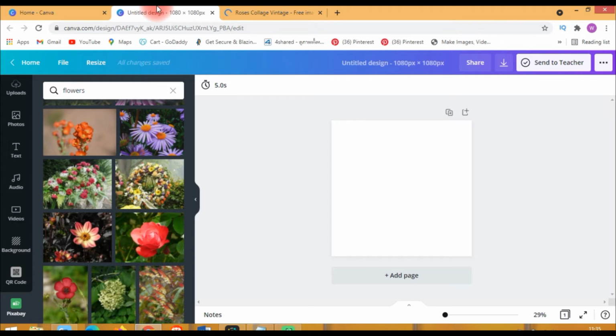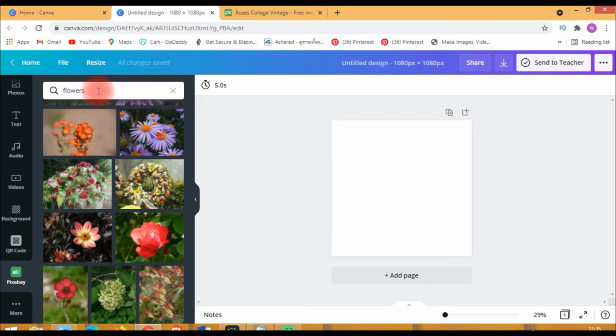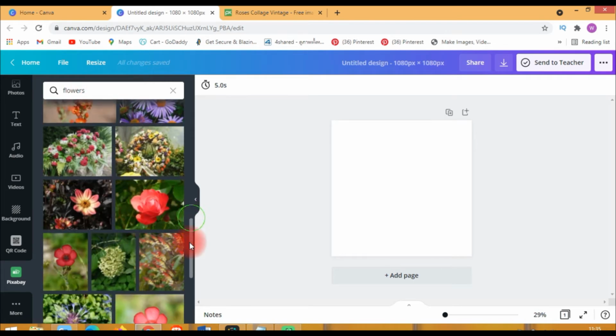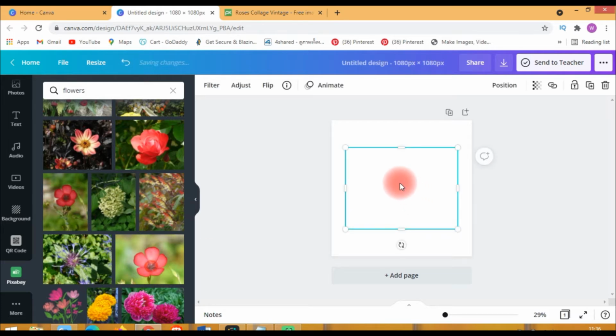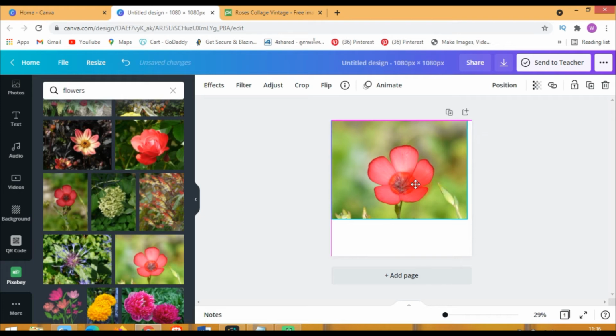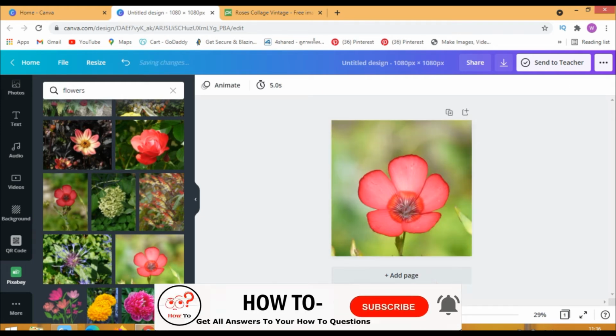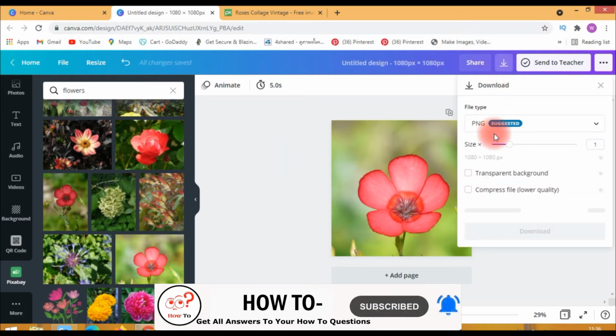Instead of doing this whole procedure, just go to the more options of Canva, and here you will find Pixabay. Write flowers, or anything you want to search, over the Pixabay, right there, and I will be selecting any of the images, and these images are absolutely free of course. No copyright issues. I will be setting it as a background. Okay, that's it. I can download also from here.